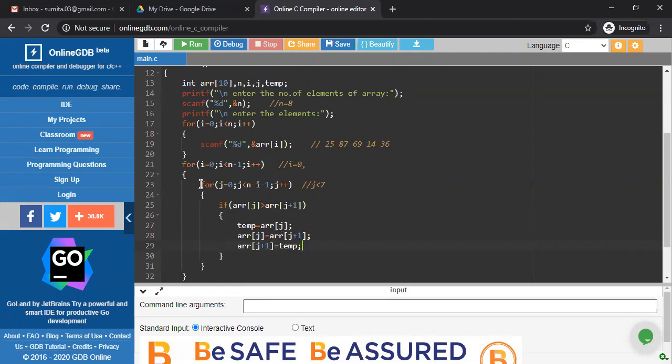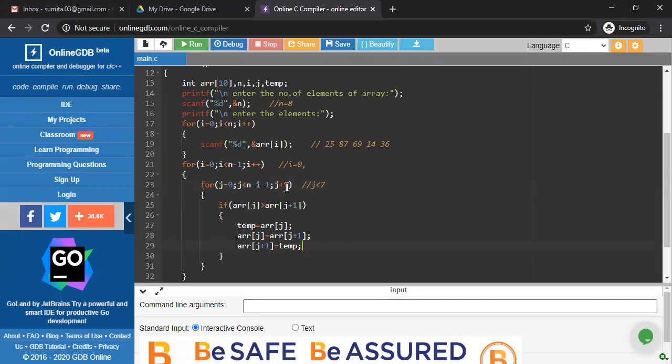Now the compiler in that situation, not in that place. See, until or unless this condition is false. Yes, Pial? Do you have any confusion, ma'am? Aren't we sorting in descending order, ma'am? We will sort in ascending order. Ma'am, are we sorting in descending order or ascending order? We are sorting in ascending order. Okay ma'am. Okay.